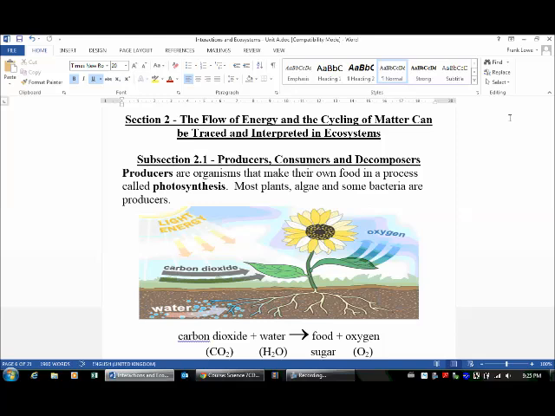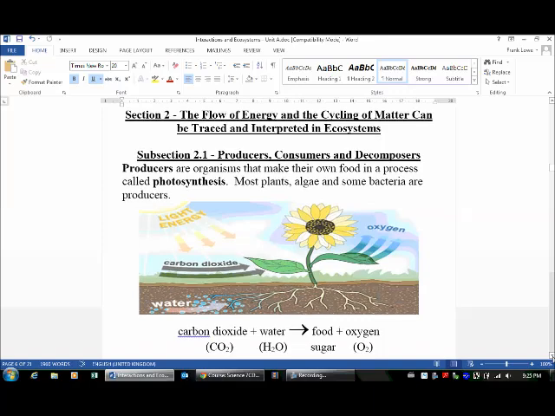Producers are organisms that make their own food, and they do so in the process of photosynthesis. So green plants, for the most part. Algae falls into that category as well. And there's also some bacteria that are photosynthetic as well. So this picture here illustrates what a plant needs in order to do photosynthesis, in order to make their own food. They need